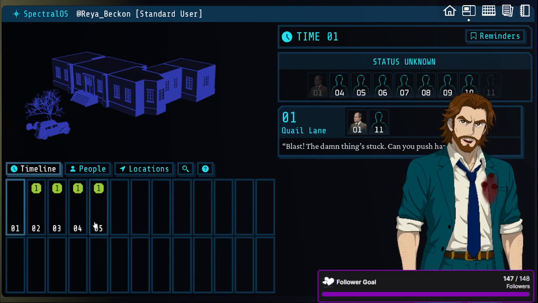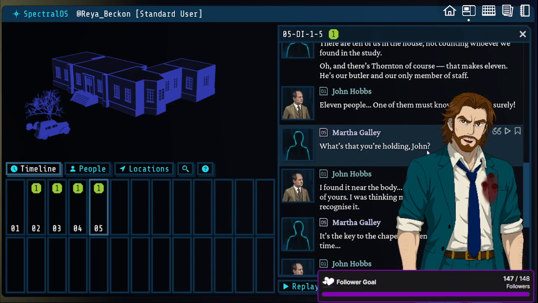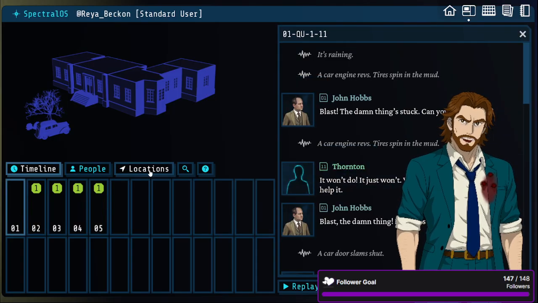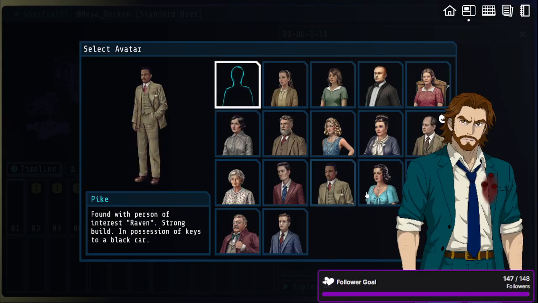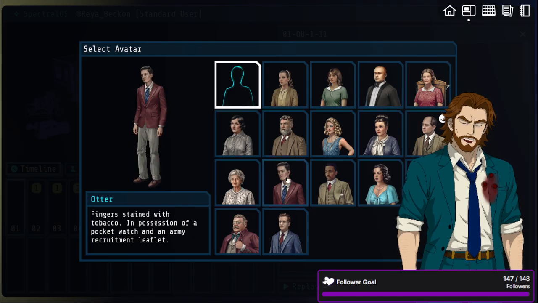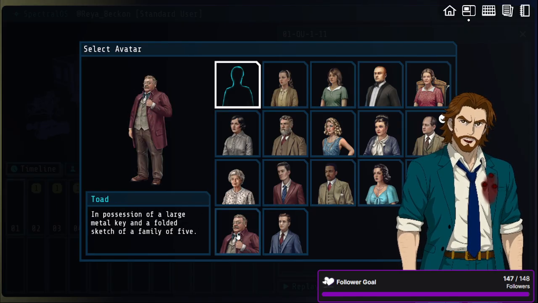I want to make sure I actually have that right, because I'm probably stupid here. 11 people. Thornton. Yeah, Thornton. Yeah, I got that right. Okay. I mean, he's very butlerly looking, right? Out of anybody here. These are more like casual suits.